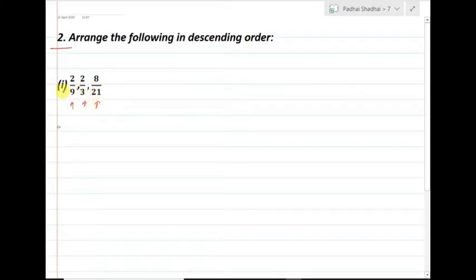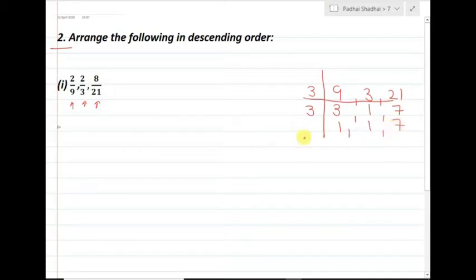So here, beta, for converting them, we first need to make all the denominators the same. Here there are 3 different denominators, 9, 3 and 21. So first we need to make all of them the same, then only we can find out. So first we will find the LCM of all the numbers, that is 9, 3 and 21. First we will divide by 3. 3 3s are 9, 3 1s are 3, 3 7s are 21. Again we still have 3, so 3 1s are 3 and 7. Now by 7, 1, 1, 1. So the LCM is 3 into 3 into 7. So the LCM is 63.